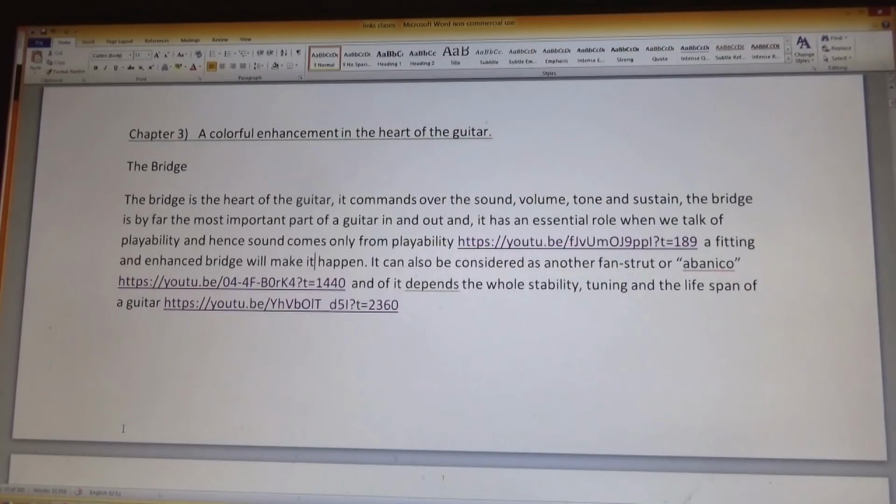The bridge is by far the most important part of a guitar, in and out, and it has an essential role when we talk of playability, and hence sound comes only from playability. A fitting and enhanced bridge will make it happen. So here again it can also be considered as a fan strut or abanico, but first I want to point out